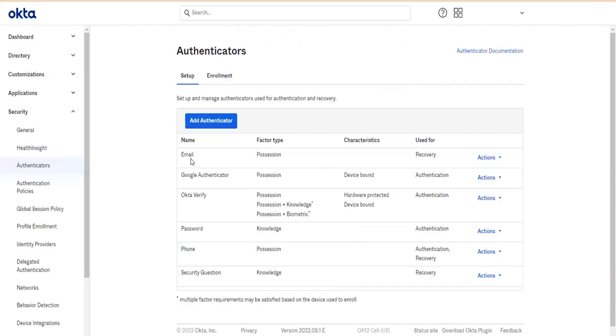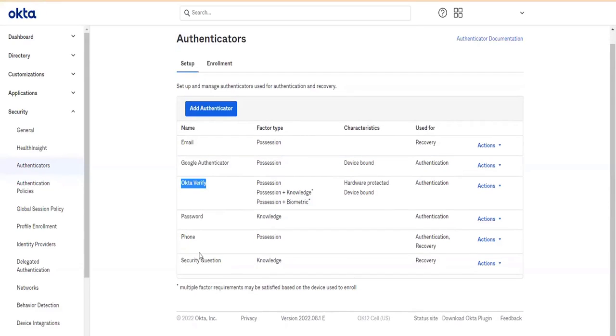As of now, I have added Google Authenticator, Okta Verify, security questions, phone-based authentication and email-based authentication. So likewise you can configure it for your organization based on your organization's requirements. And how that enrollment happens.